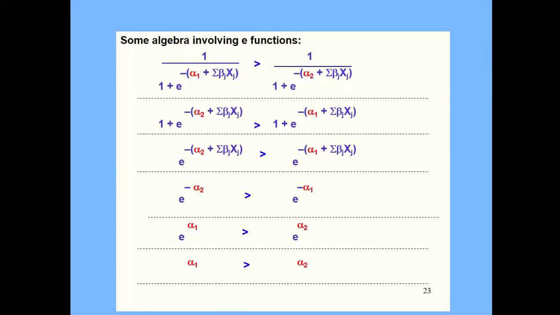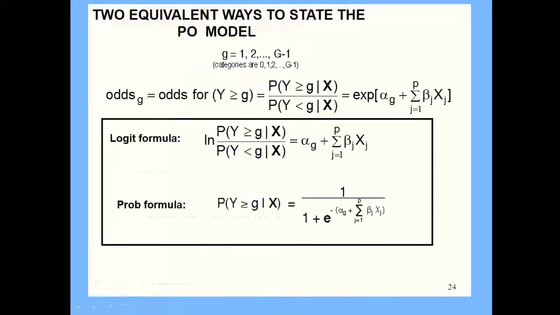You can do this for yourself if you want to, or you can just accept it, but I've gone through the mathematics. If this is true, then this is true, then this is true, and therefore, starting with this, I wound up showing that one alpha is greater than the other. Big deal. Okay, but that's a proof. This is the one I want you to look at. This is the one that sort of explains something. Now, you see at the bottom of this slide,